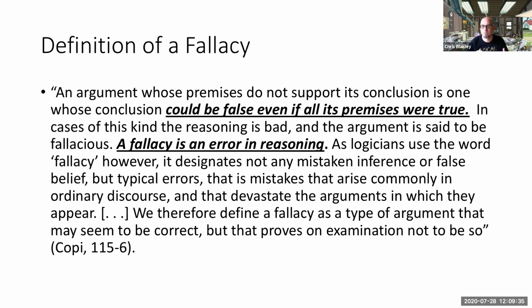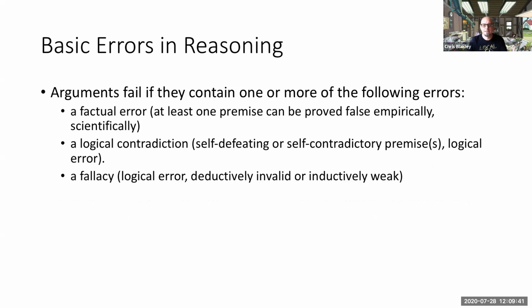It means an argument such that even if the premises are true, they don't logically imply the truth of the conclusion. So I say here that our arguments can fail in three basic ways. There are more ways, but these are the three basic ways. One, they might have a factual error, an argument that contains a premise that is disproven by science or empirical